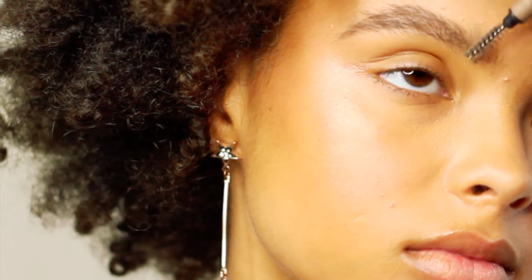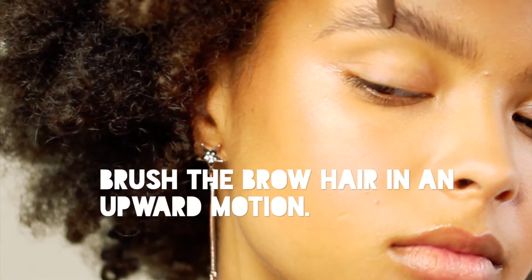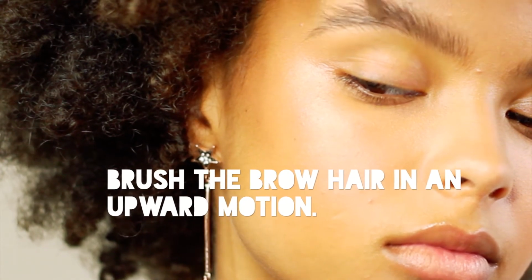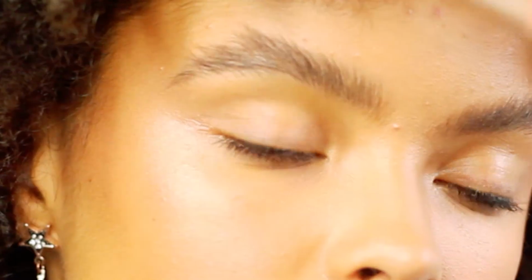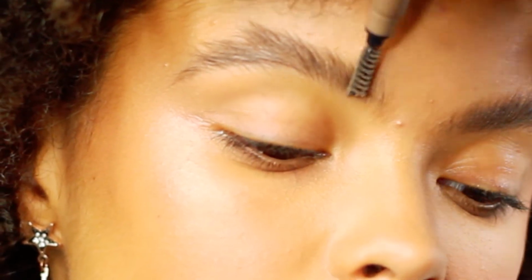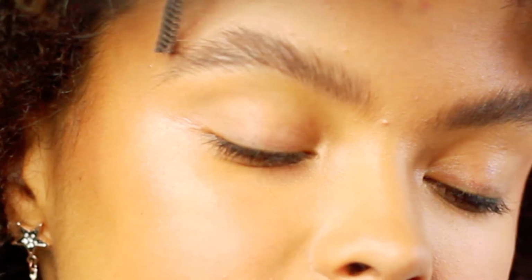This product also has a spoolie brush on the other end, and so once you've gotten a decent amount of color on, then you can use the spoolie and brush the brows up in an upward motion. And then you can also see if there's any edits that need to continue to be made, and you can fill in any sparse areas. And then you can brush it up as dramatically as you would like, or add a bit more softness